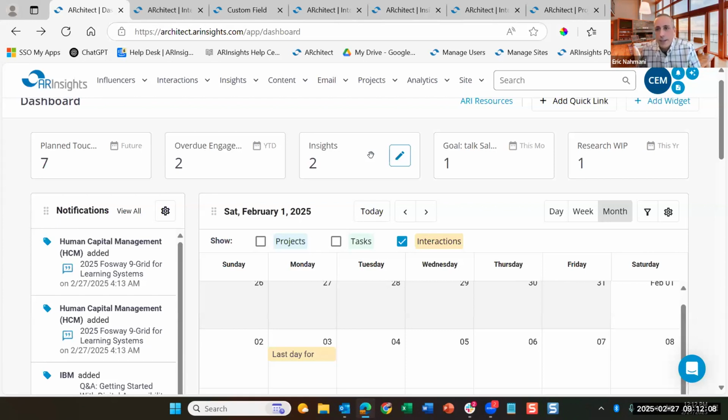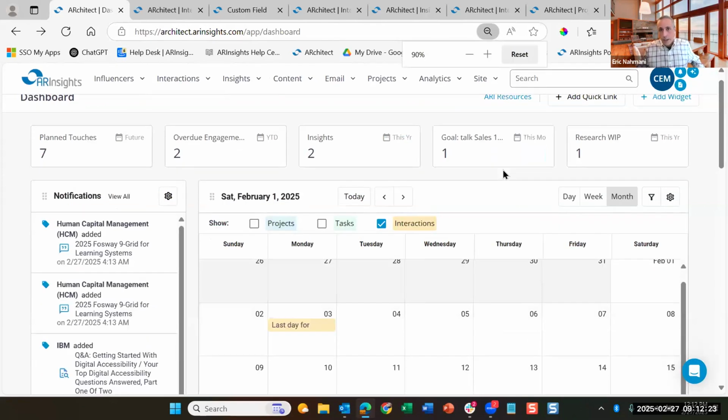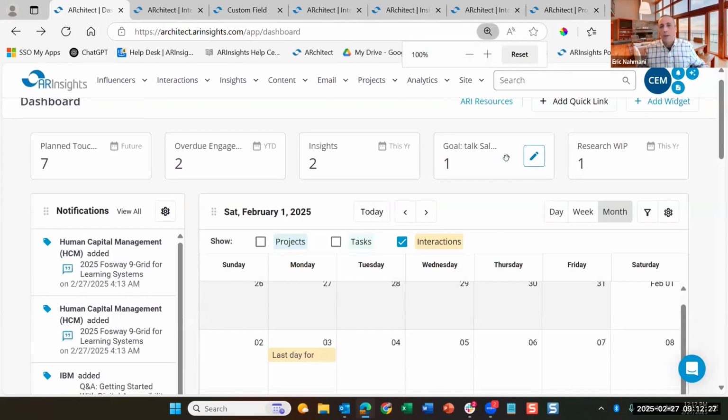All right. The next tile I'm going to talk about, we get a lot of questions and comments around sales enablement, strategic impact. You'll notice this tile here, sorry if the text is getting lost. This is a goal and it says talk to sales once a month. So not only am I looking at my activity, but I'm also looking at the goals for me or maybe my team. And I'm saying, okay, we have a goal of once a month. I see a 1 in here, so that's been completed. But this is going into, and I'll bring it up again in,